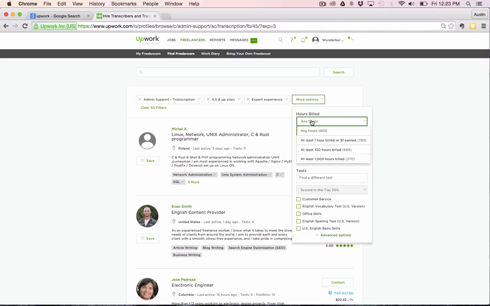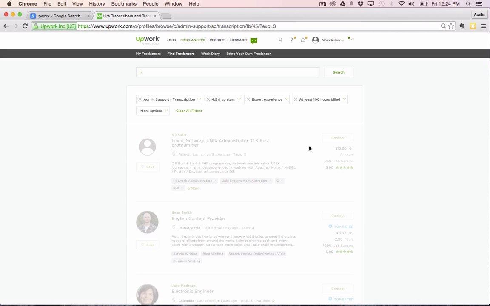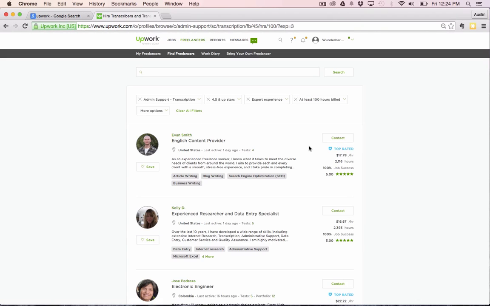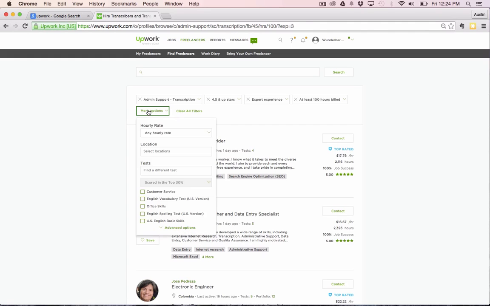I like to work with people who've built at least 100 hours, because it just goes to show that they know how the Upwork platform works. They know they've got their workflow figured out. They've got some hours under their belts, and they know back and forth with clients, that sort of thing. Just a little bit of experience goes a long way. Also,